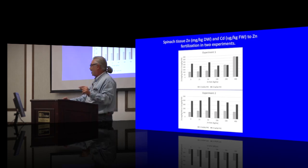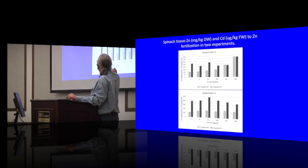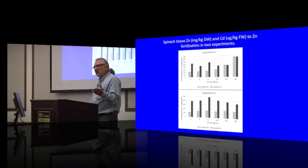Interestingly, though, the good news is about half our spinach sites will respond positively in yield to a low level of zinc. So about half the spinach fields I looked at, you get a positive yield response to about 25 units of zinc. So there is a zinc deficiency, but as a tool to mitigate cadmium, no way, no how,